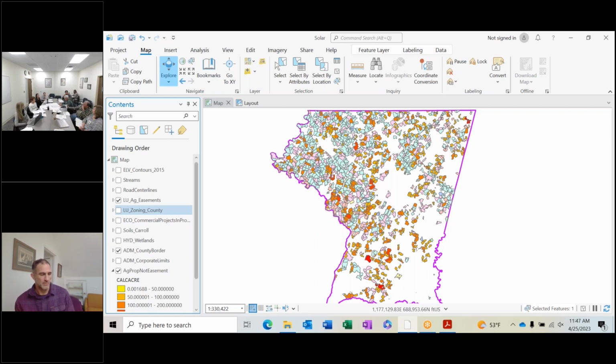Okay. Any further discussion? So I think we had consensus from last week that 20 acres for the solar facility footprint was the maximum, so no greater than 20 acres. I think everybody agreed to that. And we've got a couple of different opinions on minimum acreage needed in order to even move forward with the project, and we'll document those. So we've got 50 acres, we've got 100 acres, we've got the idea of a percentage. Those are all good options that we can document and discuss with the commissioners.